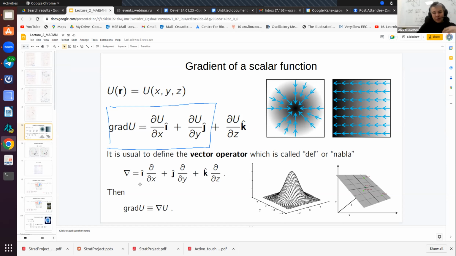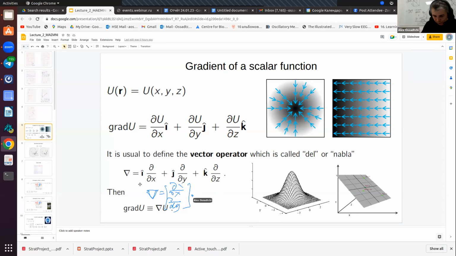So, and then your gradient is your vector nabla, it's called nabla, or sometimes it's called del, transpose, right? And multiplied, sorry, this is my mistake. No, of course, not multiplied, no, not this way, not transpose. It's a vector, because it's a vector, it's basically d/dx and d/dy, right? And then you need to scale it with your function, because your function is a scalar, right? In this case,